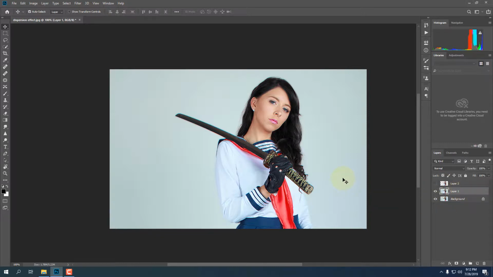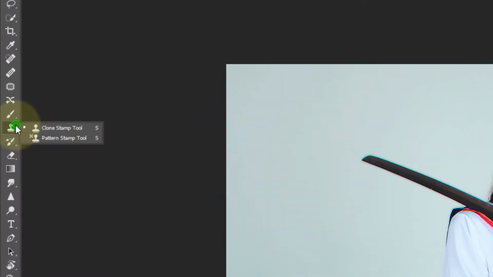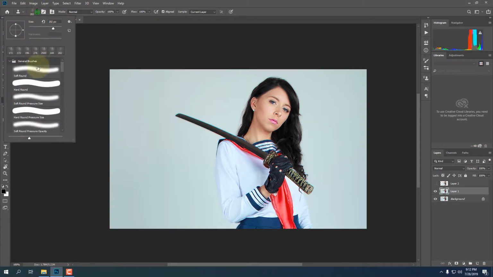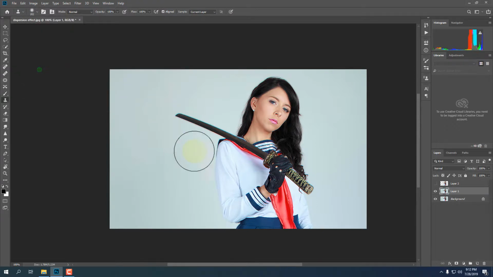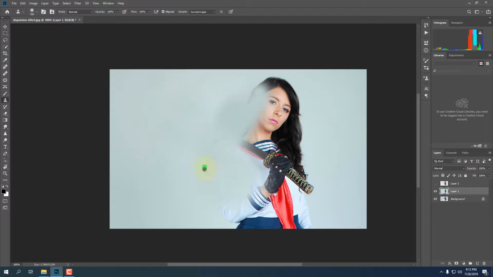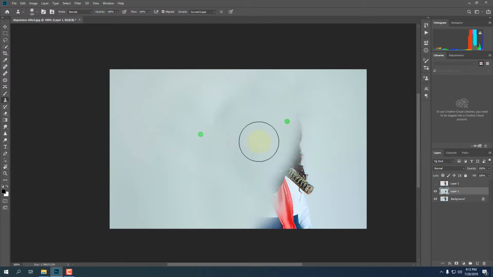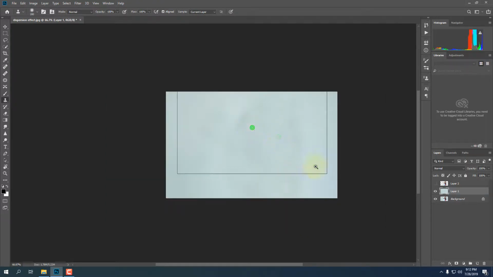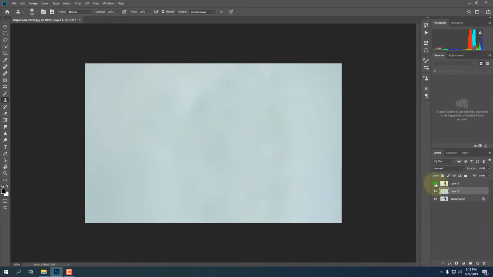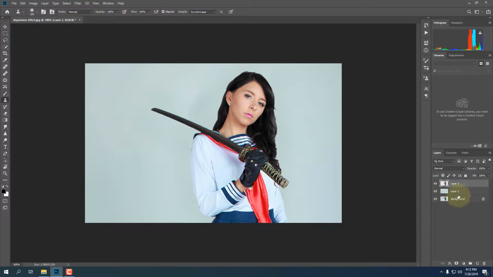Now remove the layer on the object with the stamp tool. Change the brush size. Yes, done. Now copy this layer 2 again by pressing Ctrl J. Now rename both layers